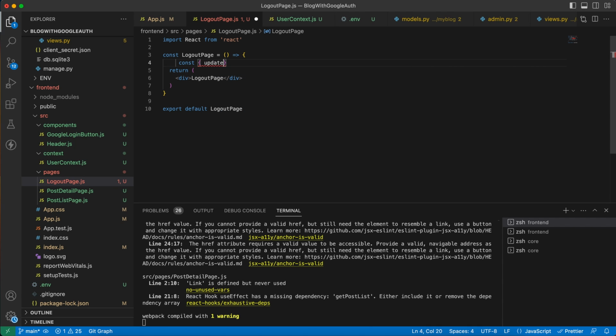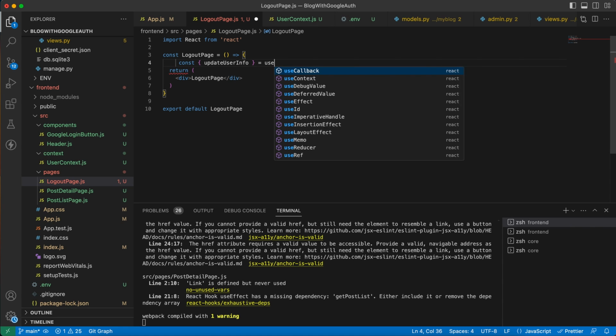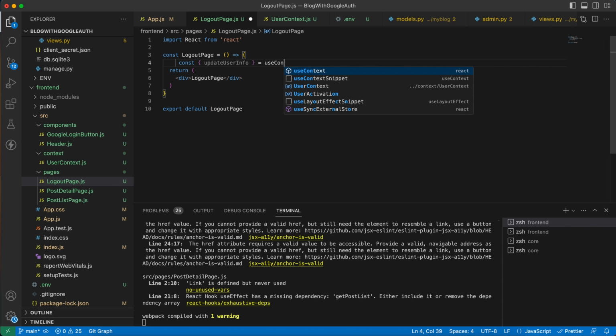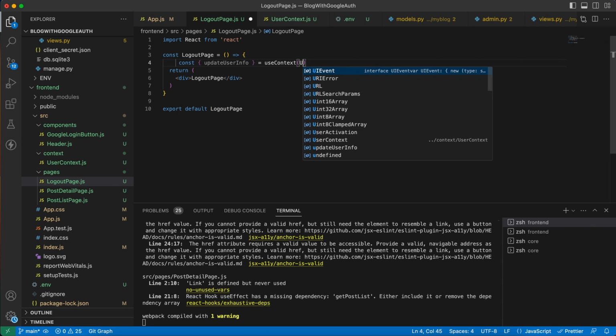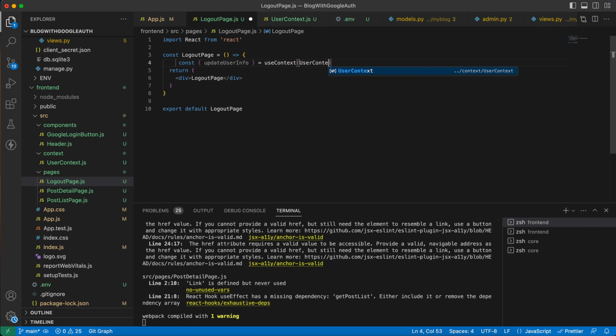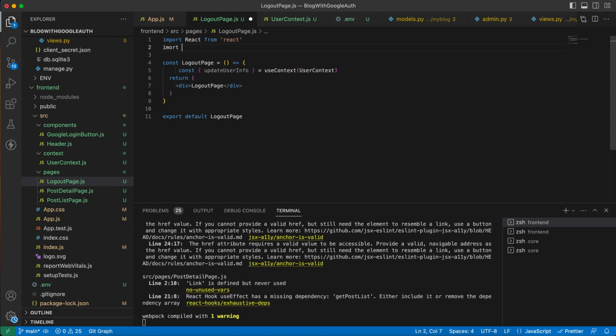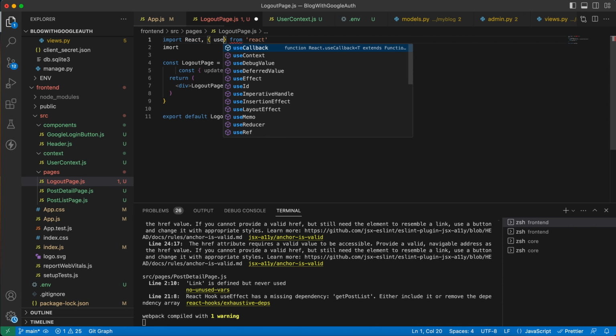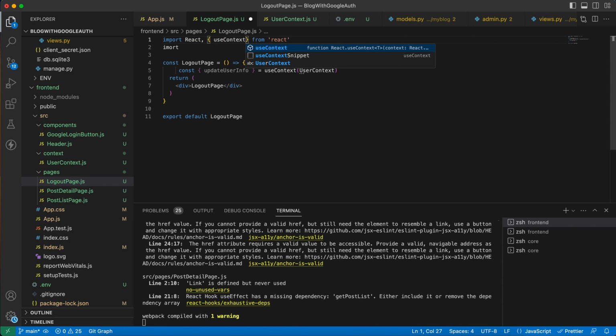So I can get the function we defined for updating user info from useContext, or UserContext, basically context. Import both, useContext. Also we need useEffect